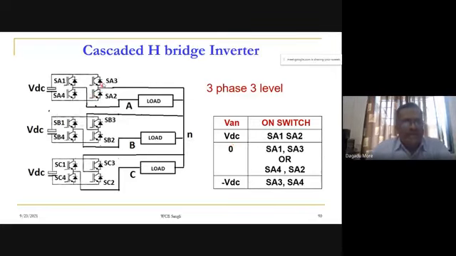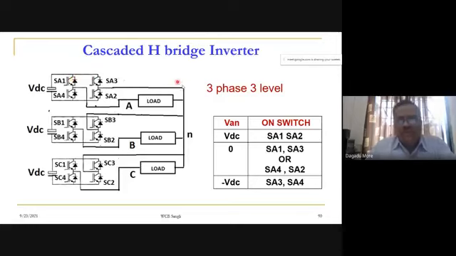Whereas whenever SA3 and SA4 are on, we get the negative VDC. So this is a particular configuration where we get three levels in the phase voltage. Here we are having an H bridge, but they are not cascaded. So here I have given the title as Cascaded H bridge multi-level inverter, but here only one H bridge is